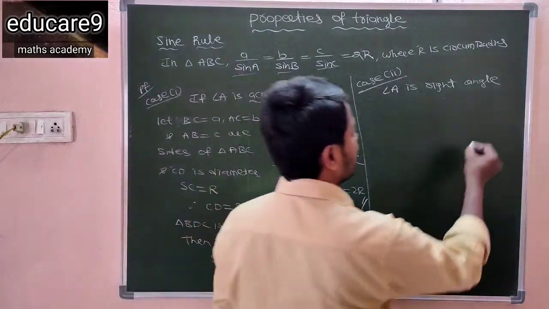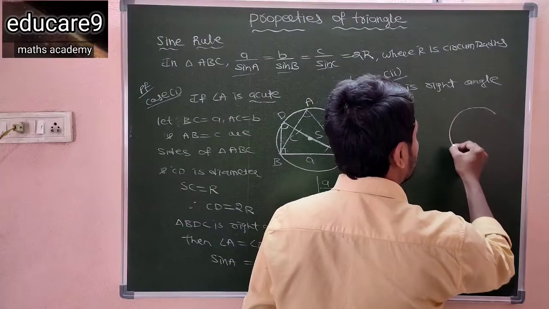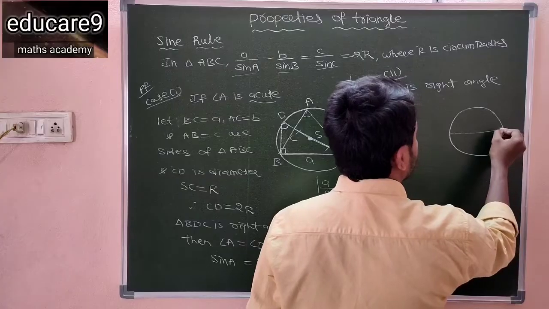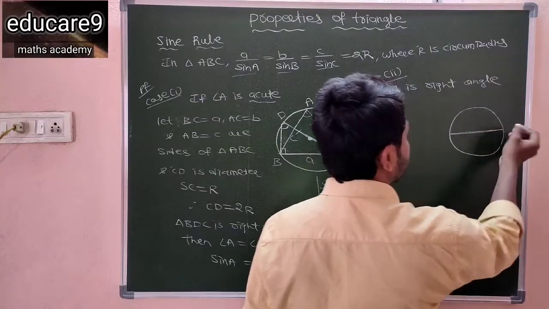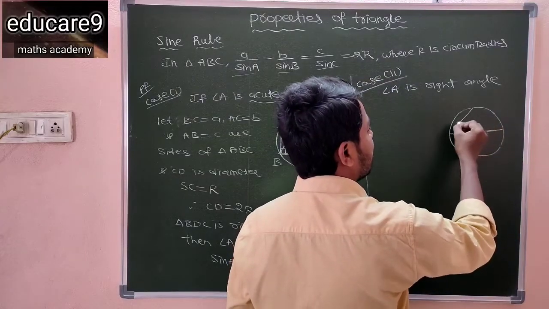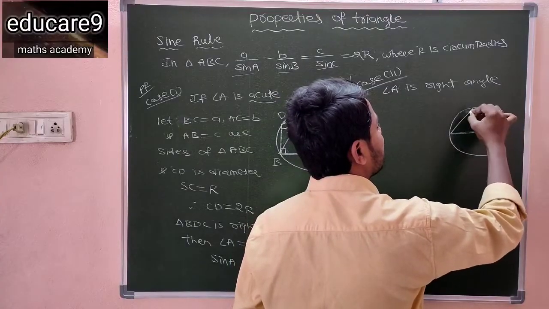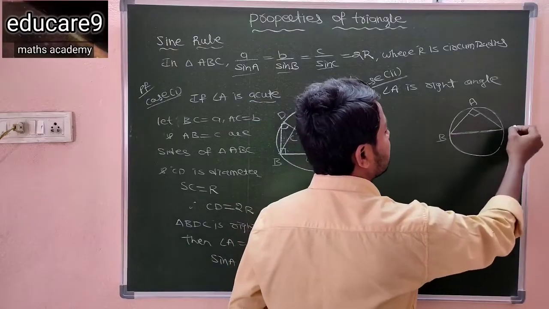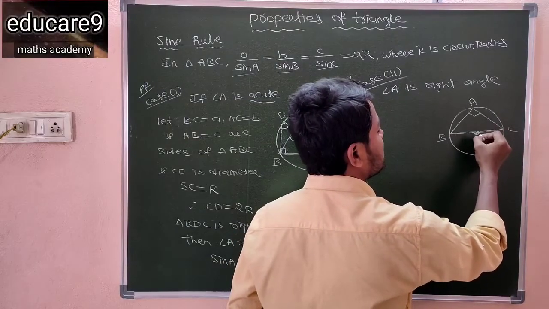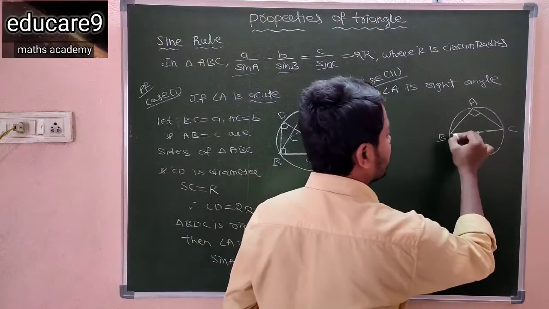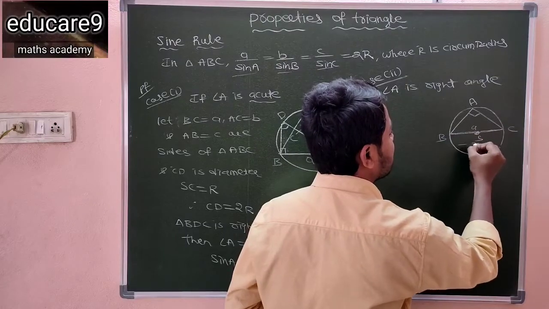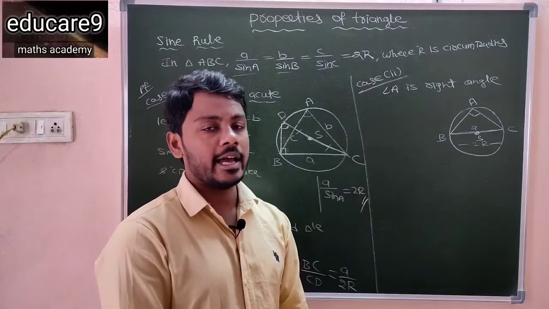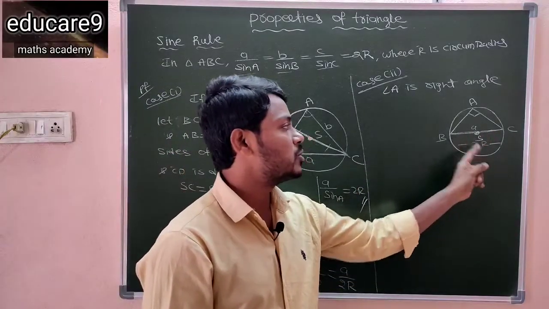See here, this is the circle and this is the diameter of the circle. Clearly, the angle in a semicircle is 90 degrees. This is angle A, this is B and this is C, and this is the center of the circle. So you know that BC is small a as well as 2R, because the two halves are radii of the circle, R plus R is 2R.